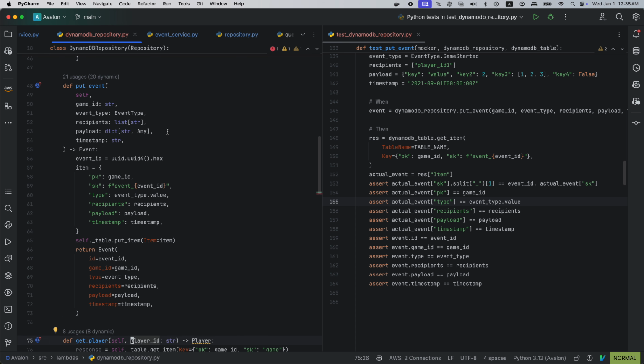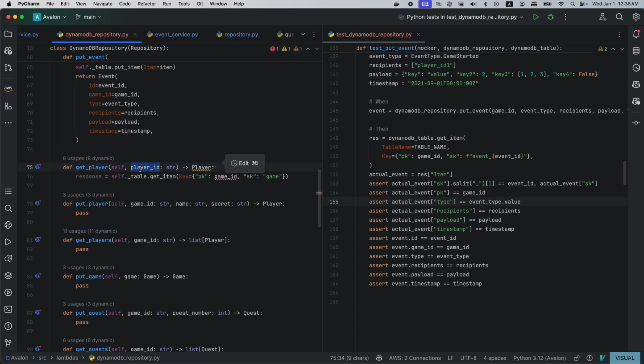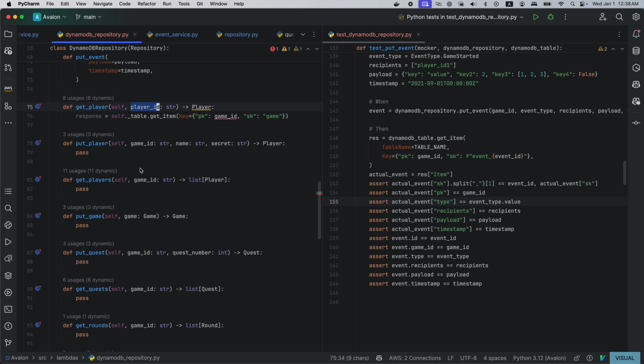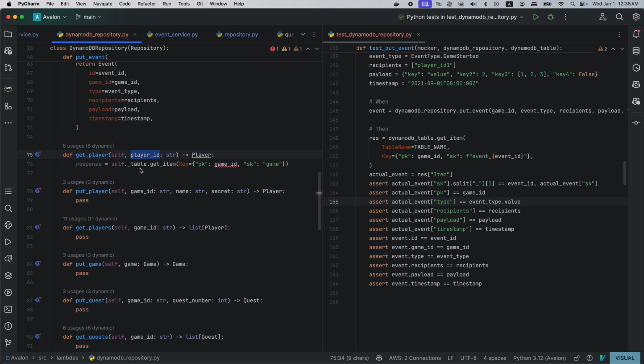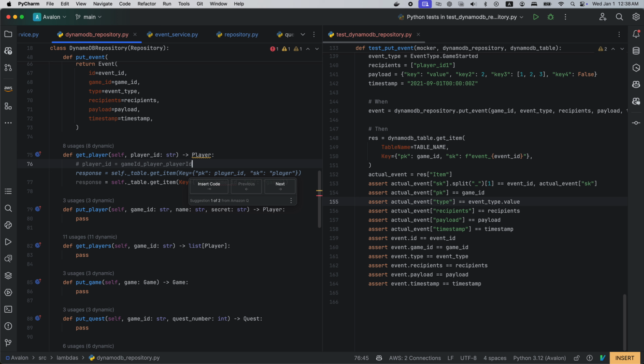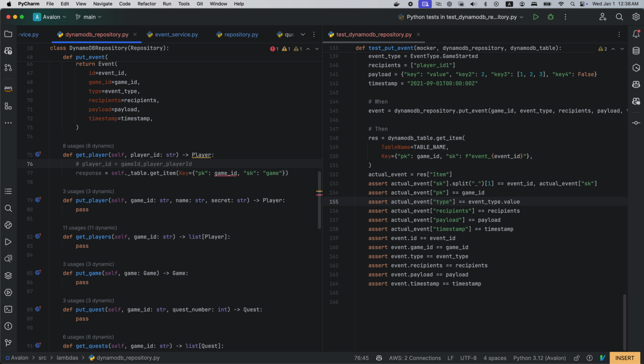So all we have to do is to assume the player ID entity contains the game ID. So player ID is actually going to look like this: game ID underscore player ID. Yeah, so this is still unique, it's just a bit longer.